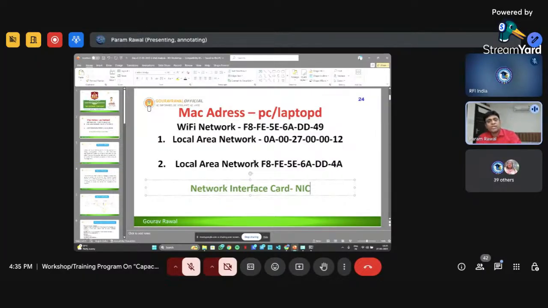My mobile is also connected with the Wi-Fi router, with its own NIC and one physical address. So there is one MAC address for my mobile phone. In my home, three more mobiles are connected with the same router. So there will be three different physical addresses for all three mobiles, a fourth physical address for my laptop, and a fifth physical address for my smart TV. So there are actually five physical addresses.